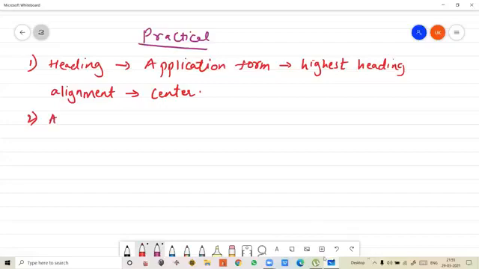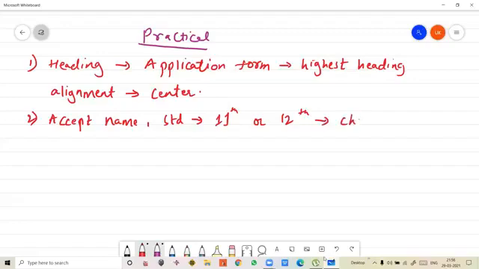Then you have to create the text box, and in that you have to accept the name, then standard, either 11th or 12th, and it should have a choice. Here we have a choice. That means you have to create the radio button.